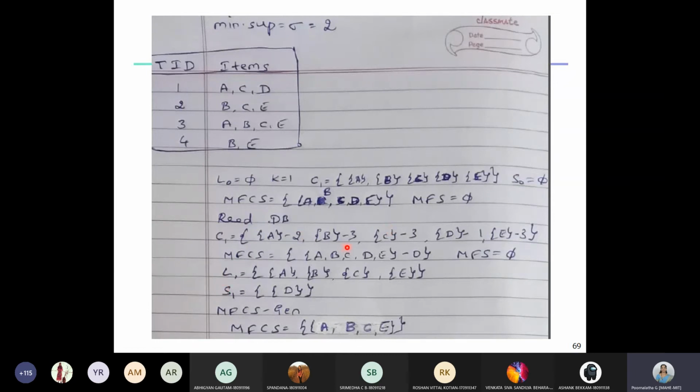You can see here A, B, C and E. They are greater than or equal to 2. So they become our frequent item set of size 1. Hence now L1 contains A, B, C and E, and this D is infrequent. Why is it infrequent? Because its support is 1 and the minimum support threshold is 2. This is less than 2. Hence we move D to this S1, right?